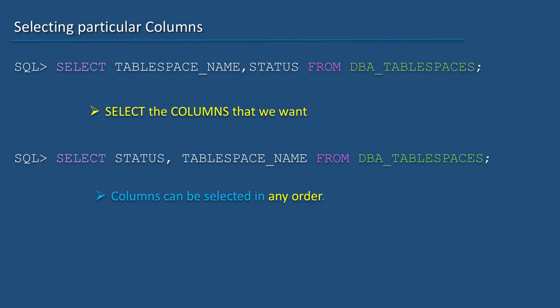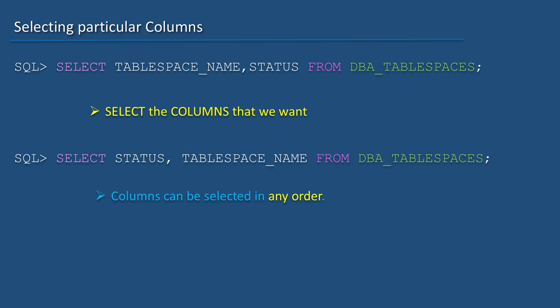If needed, we can select the columns that we want. We don't always need to select all the columns from a table. We can also select the columns in any order we want. For example, I can select status first and then tablespace name, even though tablespace name column appears first in the